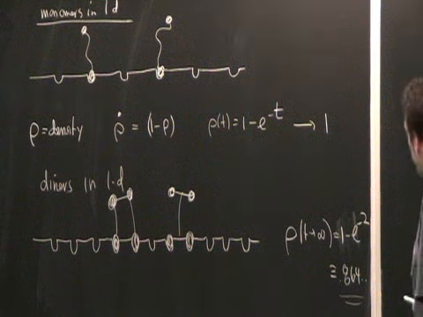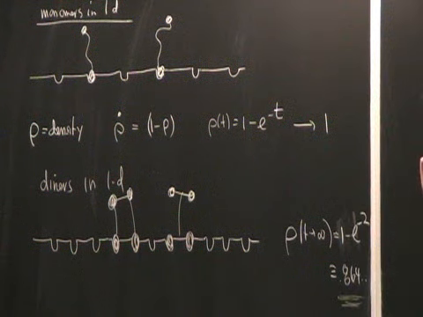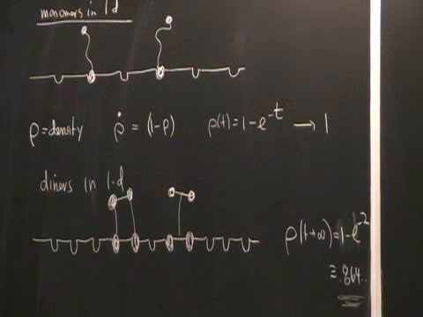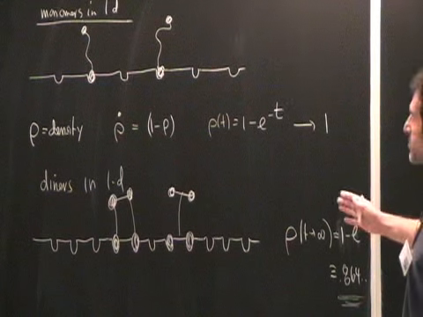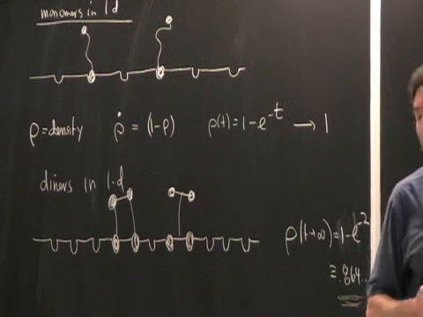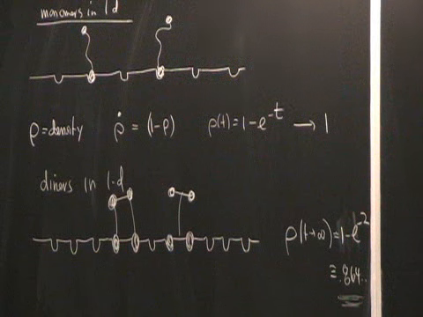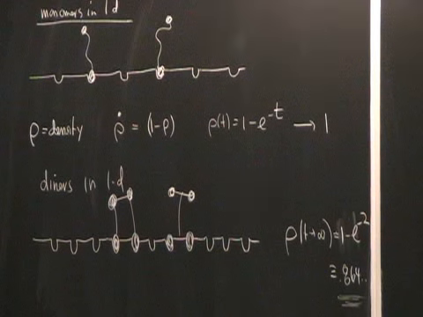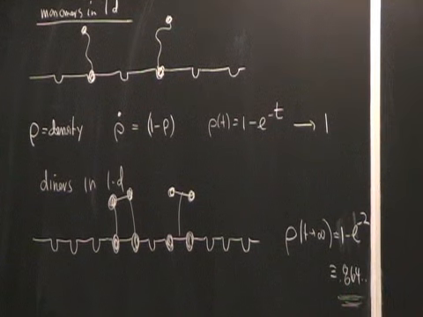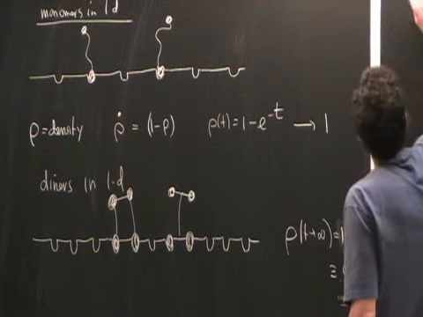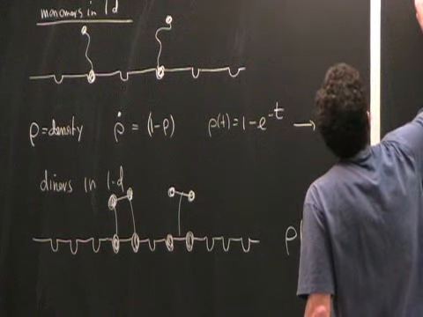Okay. So anyways, I want to now calculate this number 0.864... And it turns out that some community of people along the way realized that instead of solving the equilibrium statistical physics problem of enumerating all the states of dimers in one dimension, let's look at the problem from a non-equilibrium statistical perspective and study the evolution of the coverage as a function of time. And it turns out that the calculation of the coverage as a function of time is not so difficult to do. And then for free, we're going to get this answer. And in fact, we'll get a lot more because we get the time-dependent behavior of the coverage. So the goal is then we want to find the time-dependent coverage.